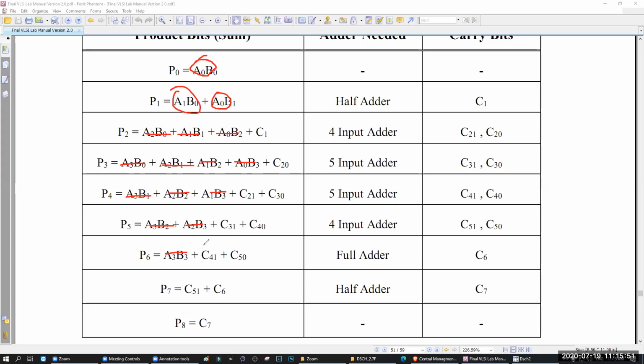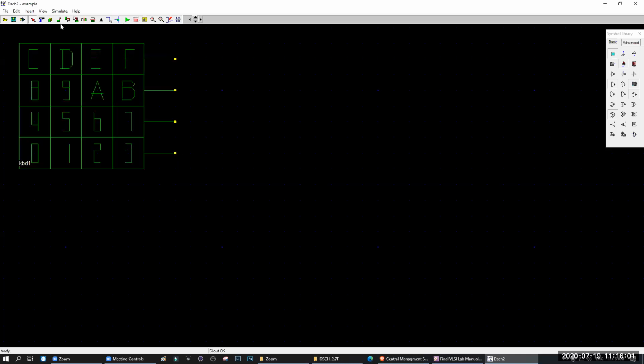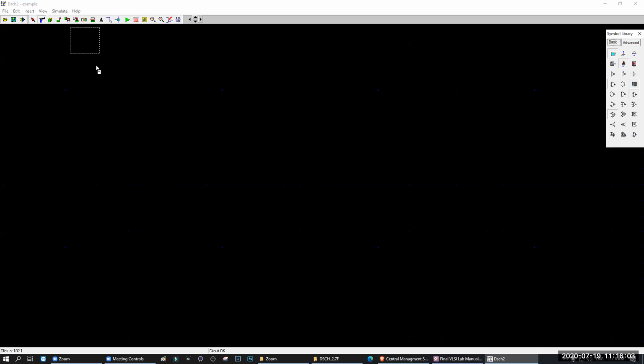Yes, sir. Okay. So I'm going to place the AND gate like this. At first we need inputs, 4 inputs. Let's say this is our input. Okay, these are our inputs.